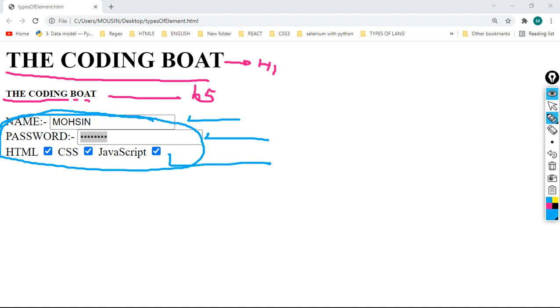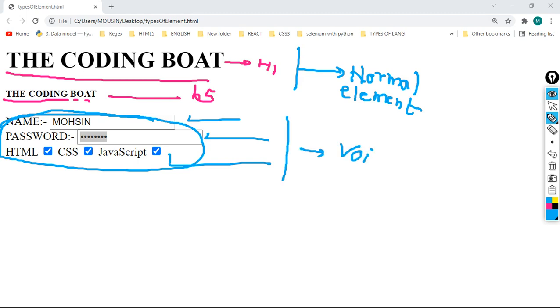So in this way we can save the user's input using the input tag. This is the example of a normal element, and this is the example of a void element.